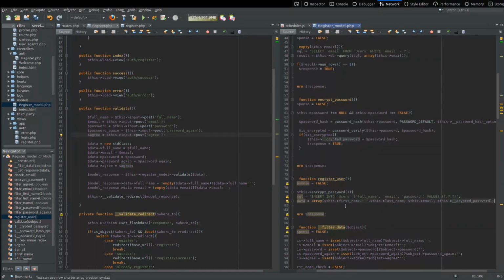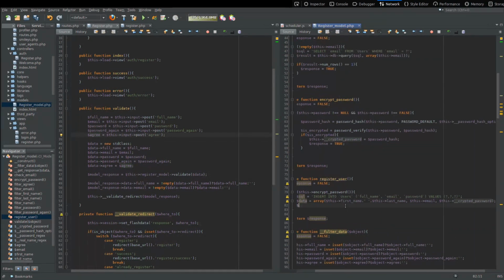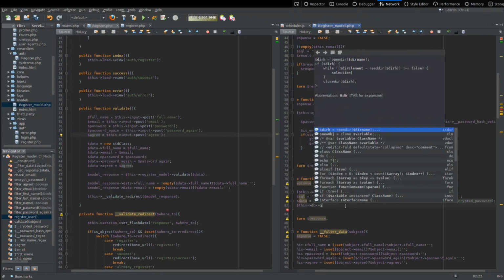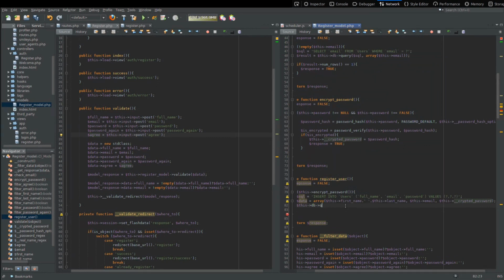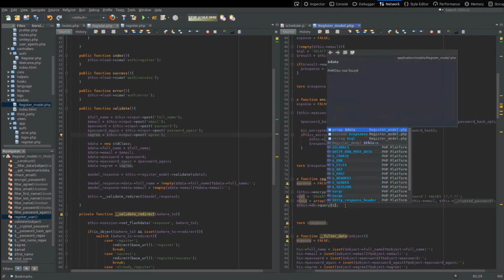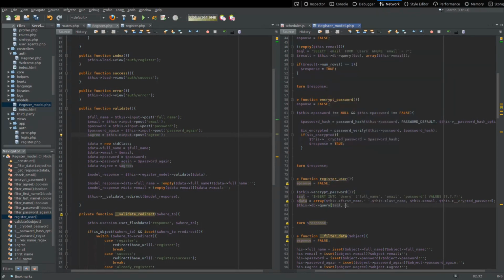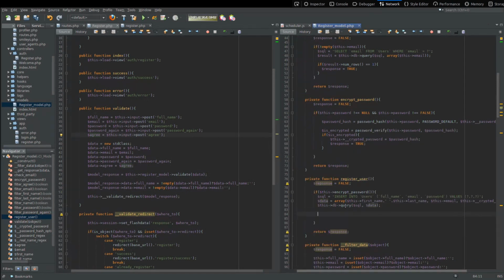We don't want to store their password in plain text. So this DB query, SQL and data, and then we can just check if this DB affected rows